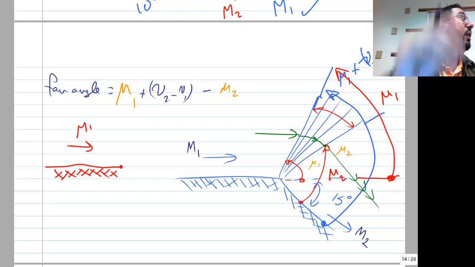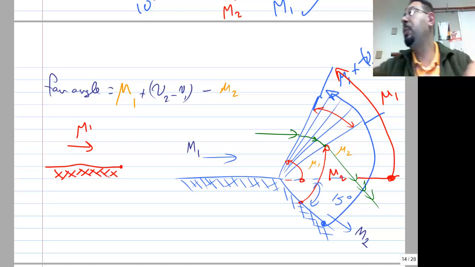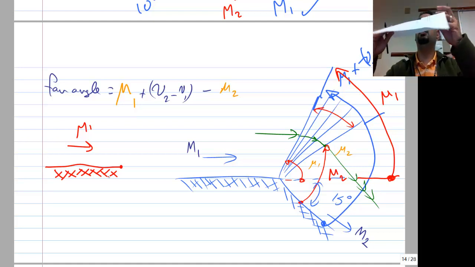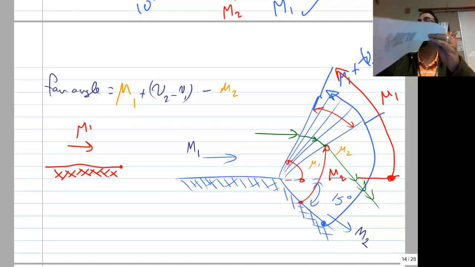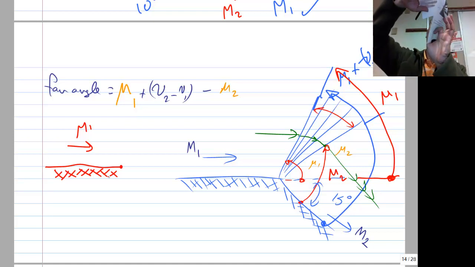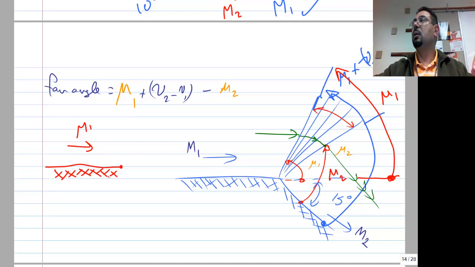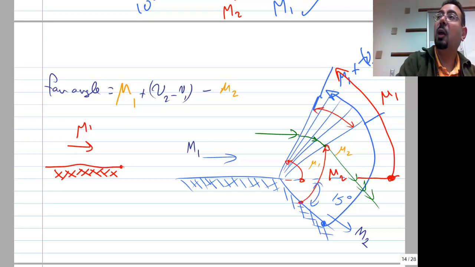A Mach wave. If you put a piece of paper in the direction of Mach 1, what will happen? Not an oblique shock wave, a Mach wave. If it's a big delta, that's an oblique shock wave, but a piece of paper will generate a Mach wave, with an angle